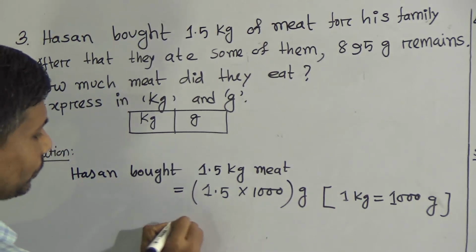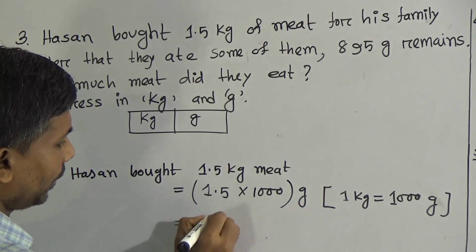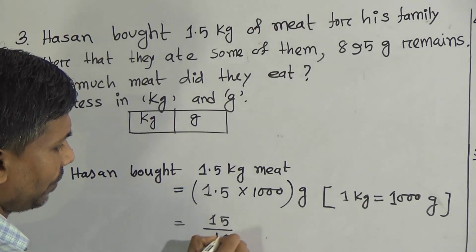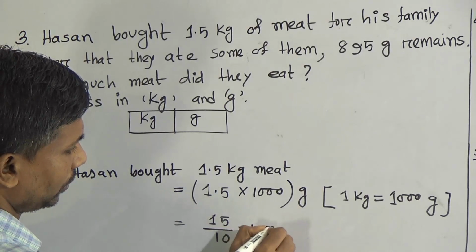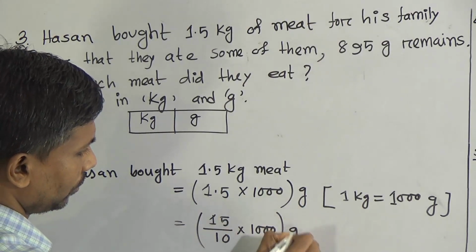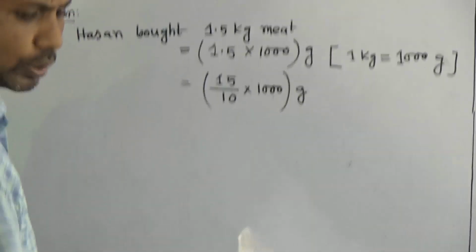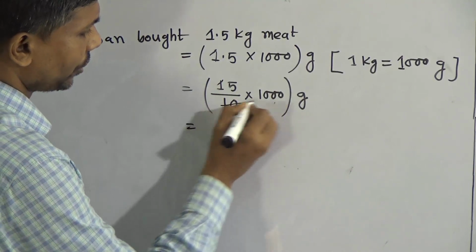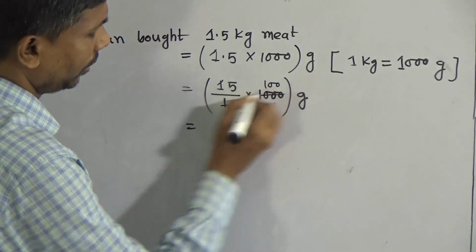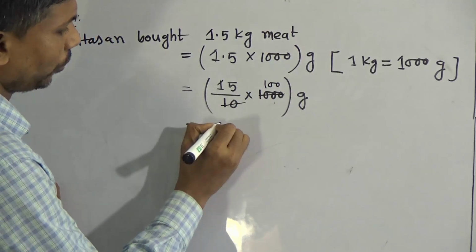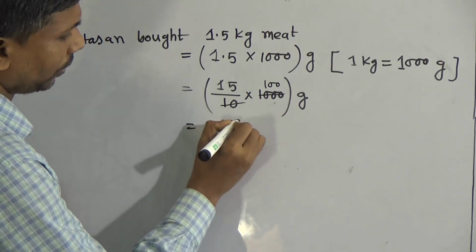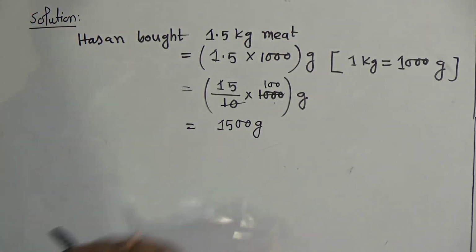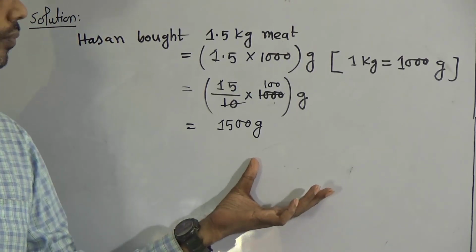Now, for the point we have to write it this way. For the point we write 1, for 50 and 1000. Or you can multiply also. Vanish the zeros, then 100. Now multiply 100 by 15, then we get 1500. Okay, that means 1.5 kg equals 1500 gram.